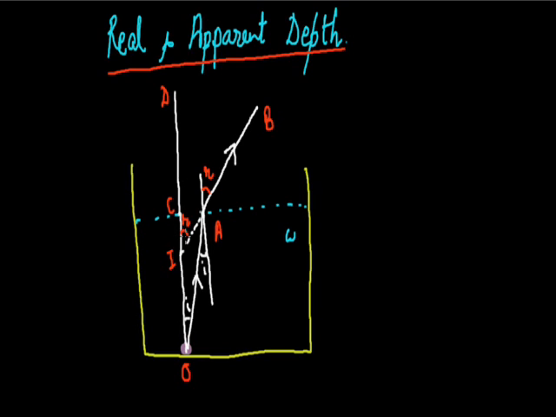Where the refracted ray AB meets the other refracted ray CD, when extrapolated back, this point is I, and we observe the apparent position of object O at I. Now, if we observe this diagram, then simply we can say that whenever the incident ray OA falls on the interface of water and air, it refracts away from the normal and goes through the path AB.